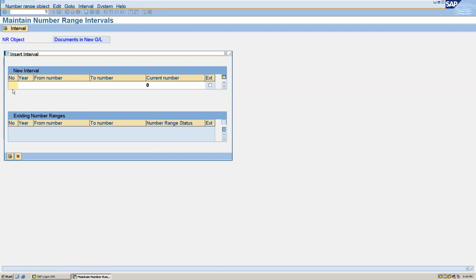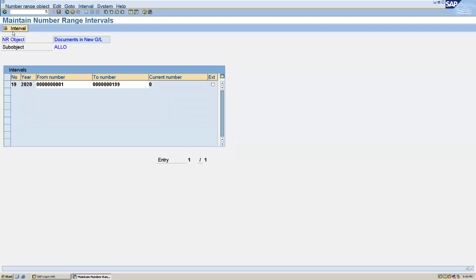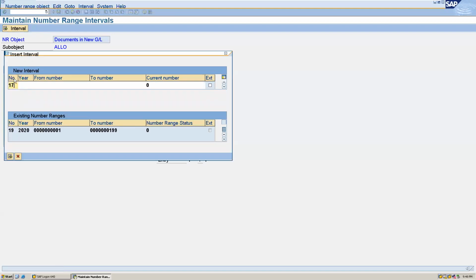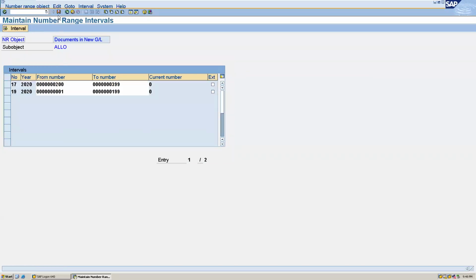So we have to create for 19, which is for KR, 2020, from 1 to 199 I'm creating. And then we have to maintain 17 for KG, 200 to 399 I'm creating. And after this, save this.